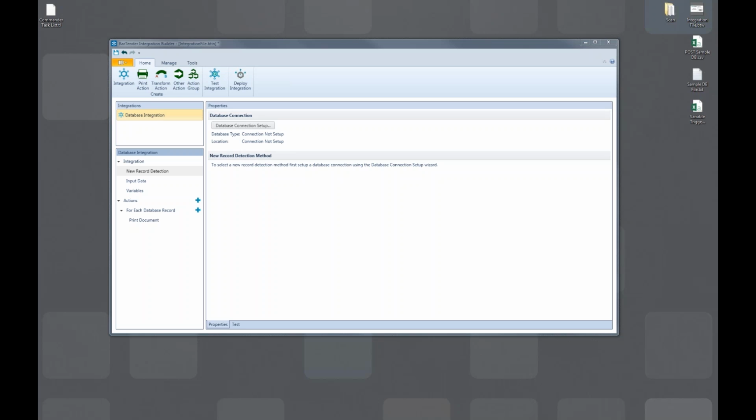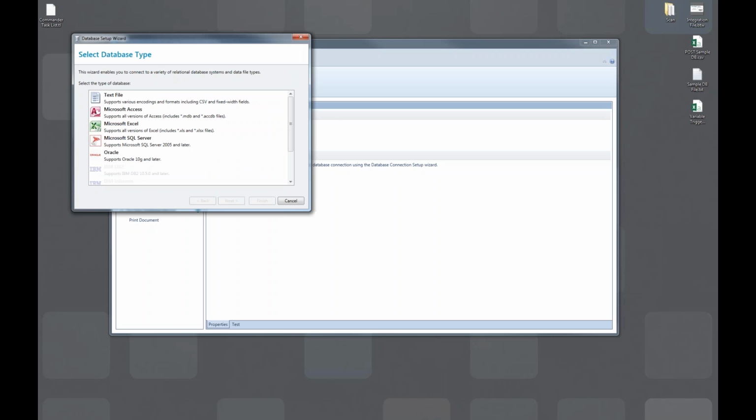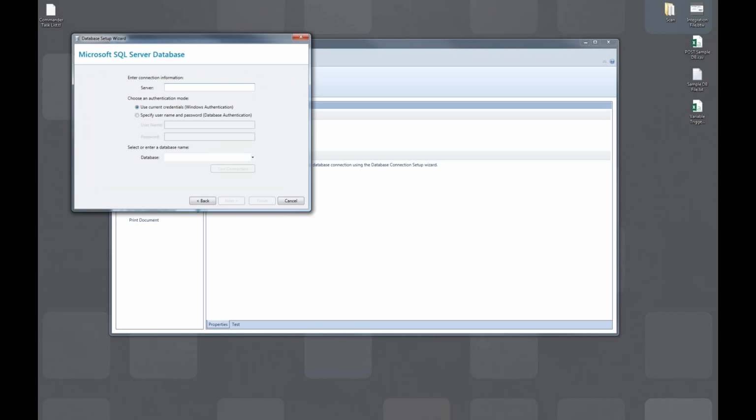And because of all the variables that we just spoke about, we can use variables and the data within the database that we're monitoring and actually populate our label format. So now we have a simple example here set up, but let's go ahead and connect to a SQL database. We're going to put in the username, and just like if you have any security enabled on your SQL database,